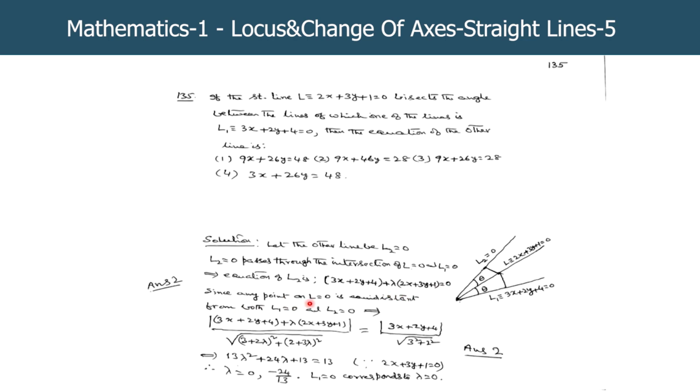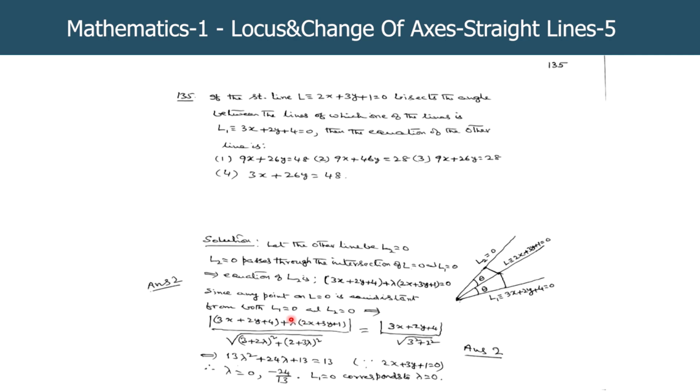Since any point on L equal to 0 is equidistant from both the lines L1 and L2, because bisector means the locus of the point which is equidistant from two given intersecting lines